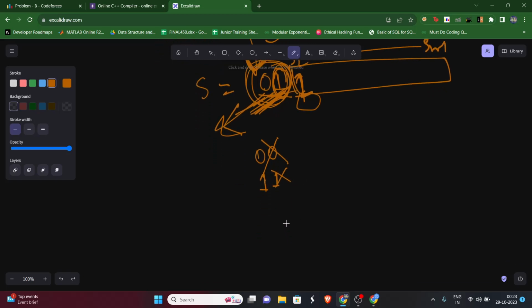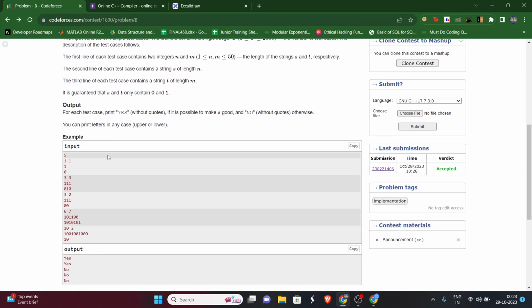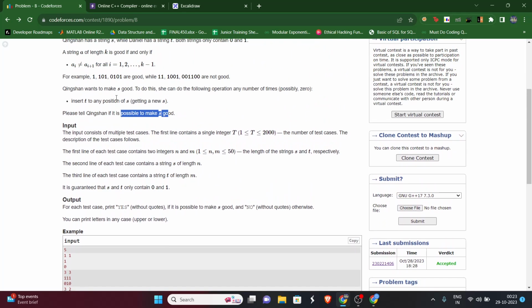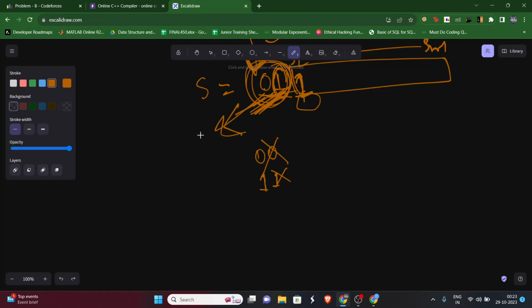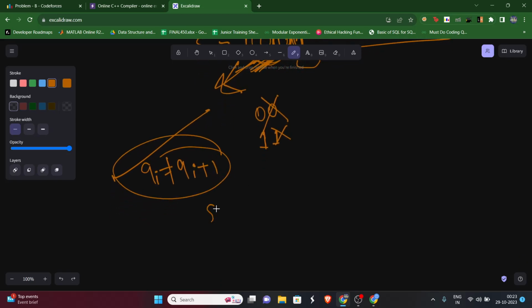Okay, so it's kind of alternating. From the question, we can simply say that whenever we have two equal characters, that is violating this condition. What is the condition for the good string? We already know that a of i should not be equal to a of i plus 1. So whenever this condition is violated, then to make s good,